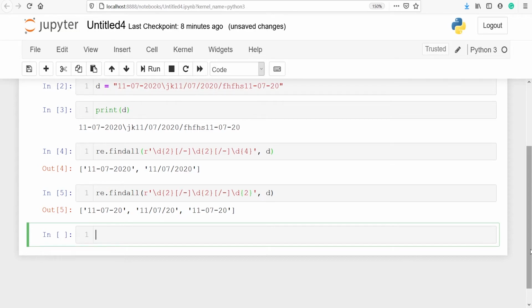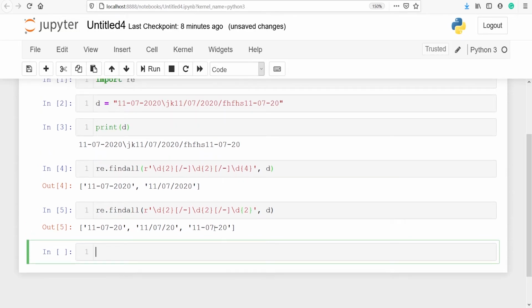In the output you can see that we got the last date also, but here you will see that in our first and second date the 20 of 2020 is missing. We are getting only 20 here, and here also we are getting 20. We also have to find a solution for this.